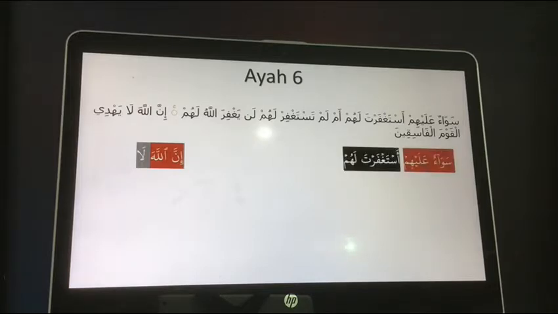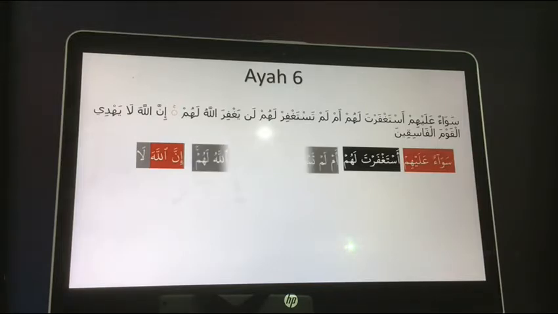سواء عليهم. Actually, this is also a special kind of word. Sawaun: if I give this word to you and ask what the status of this word is? Rafa. Very good. And we don't see any relationship with sawaun and alayhim, right? Is that correct? There's a break of chain. So sawaun means actually